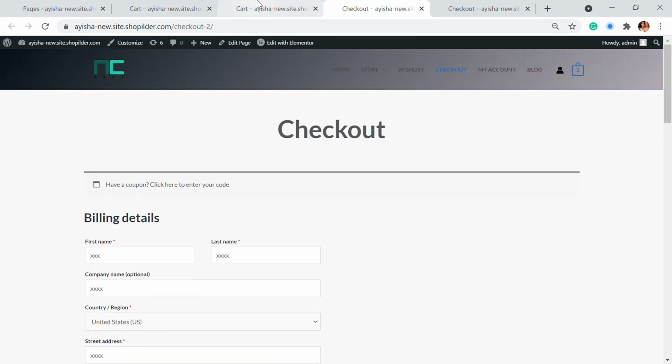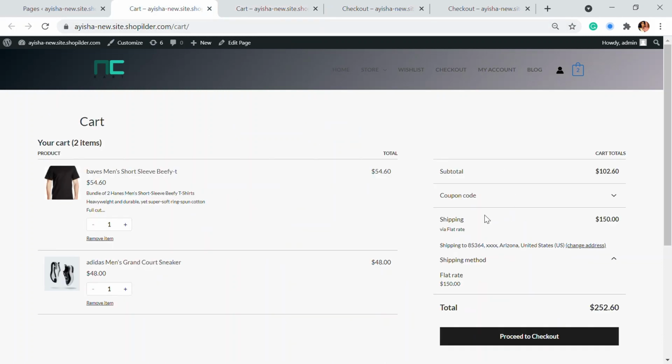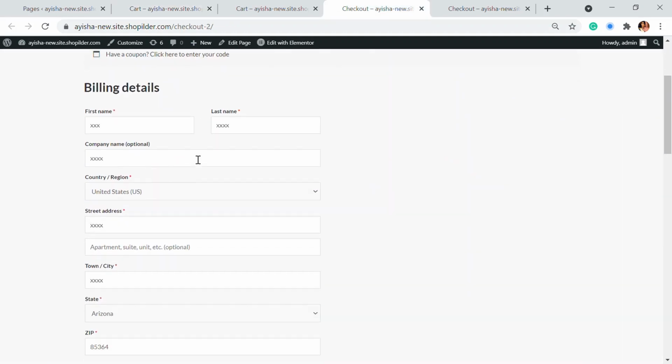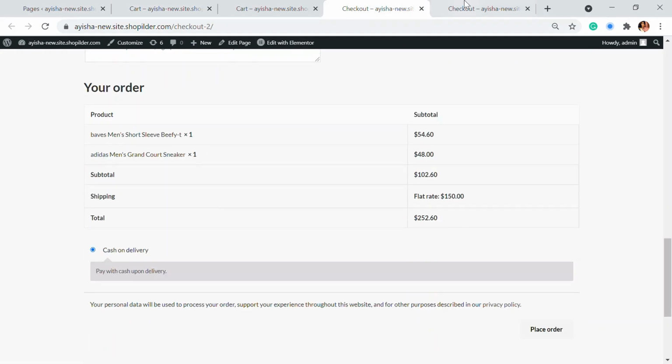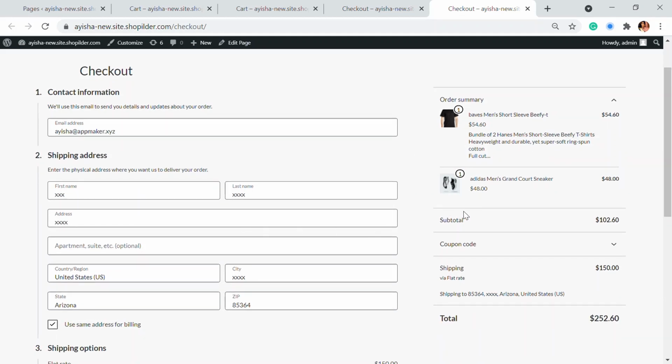So we're going to transform this basic WooCommerce cart page and checkout page. This is the checkout page and this is the cart page that's already given by WooCommerce, and we're going to transform this cart page into a similar one like this, which is in Shopify, and transform this checkout page, which is like this, to a checkout page that's similar to this. We just need a simple plugin by WooCommerce, and with that plugin you can change the entire look.